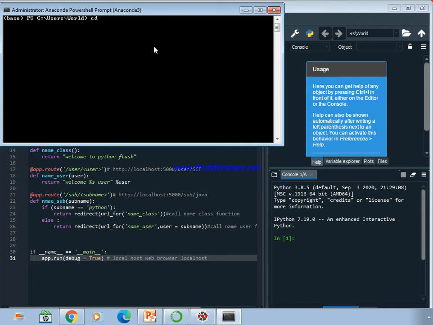Where I have saved my file is under desktop. And within the desktop I have stored my file in PyFlask folder. So here I am going to execute.